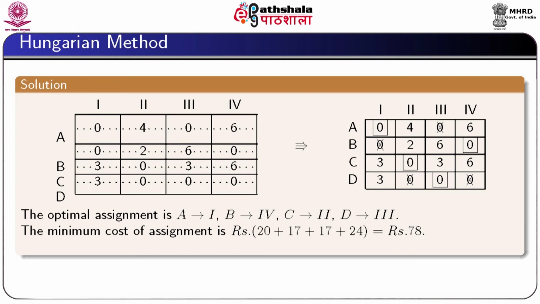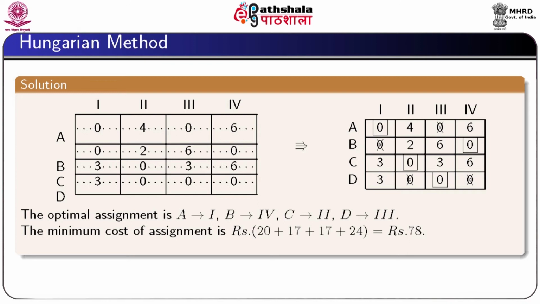So, the zero lying in row 4 below the box, we cross it out. Then we again look for a single zero in any row or any column. If we are not able to get a single zero in any row or any column, then arbitrarily we choose